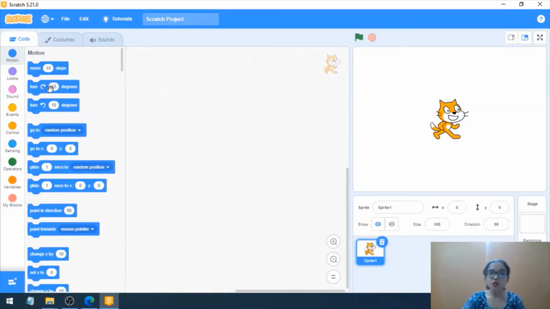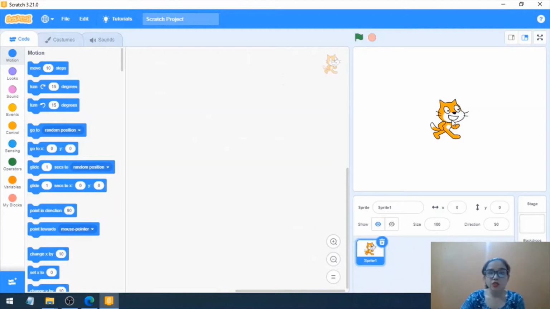So whatever blocks you are going to drag and drop here in the stage area, they are going to be implemented on the sprite. Although I'm not going to teach you any programming in this tutorial, because here I want you to get acquainted with the interface. You should know what are the various parts, what are the various sections of this interface.